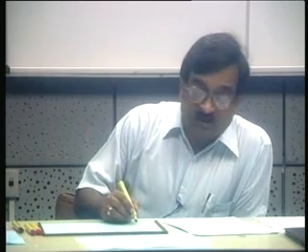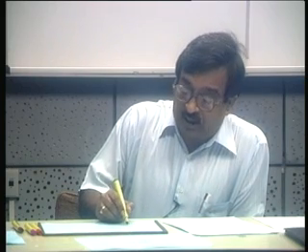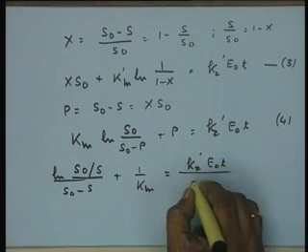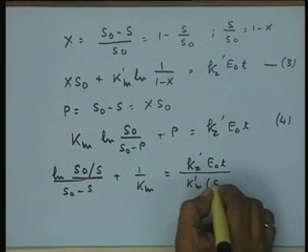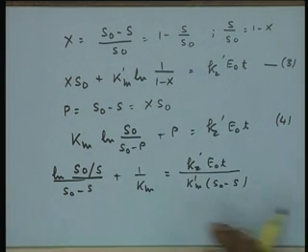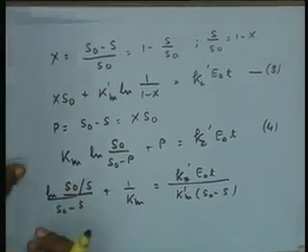You can write down the expression ln S naught upon S, upon S naught minus S, plus 1 upon K dash m, equal to K2 E naught T upon K dash m into S naught minus S. Right, from equation 2, if you just simplify, you get a straight line equation which can give you the values of your Km and Vm in the case of a